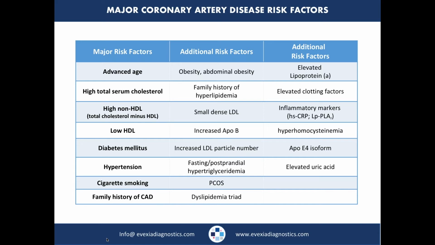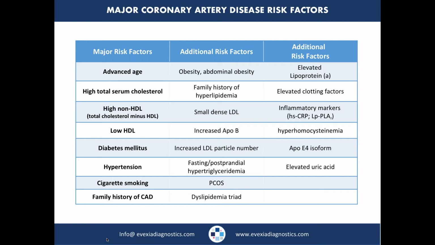Next, I'll be talking about apolipoprotein B. If there's an increase, you're going to understand what those are as soon as we get about halfway through this seminar. Next, looking at increased low-density lipoprotein particles. Certainly all these are going to cause increased risk of cardiovascular disease and major coronary artery disease, polycystic ovarian